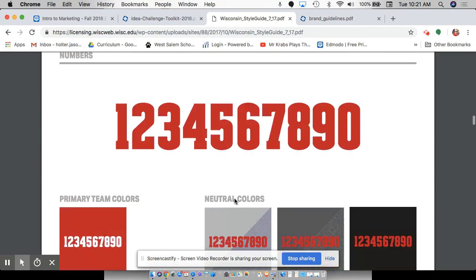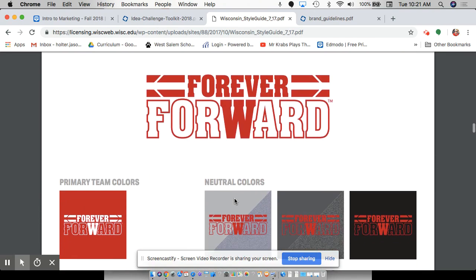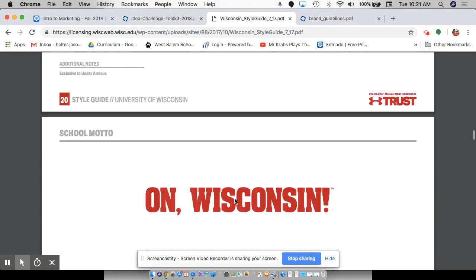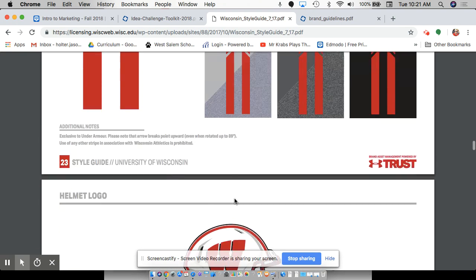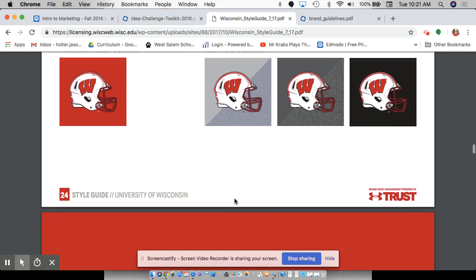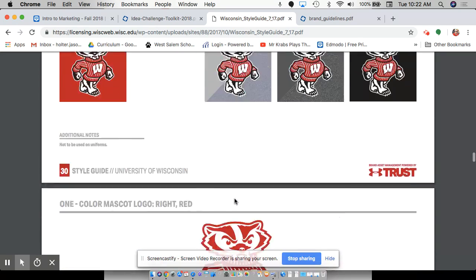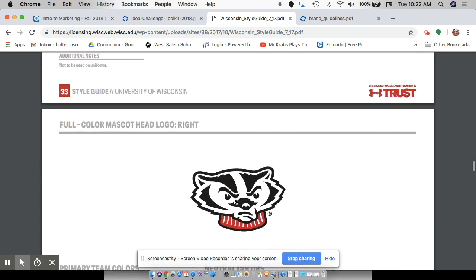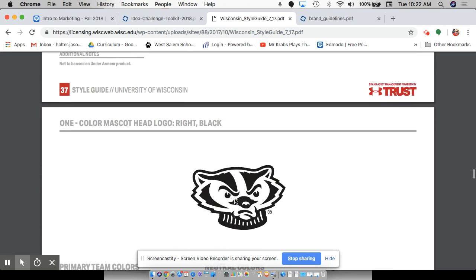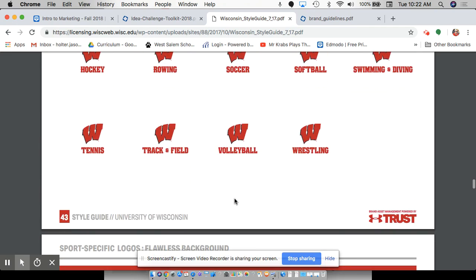So that's part of the branding guidelines, though. And actually, if you guys want to see what you cannot do with the Badger stuff, this is always kind of a fun one to see what you can do and what you can't do. I think this is all their Under Armour stuff. And again, you'll notice the color is the exact same red all the way down. And you can really only match it with a couple of blues and grays.